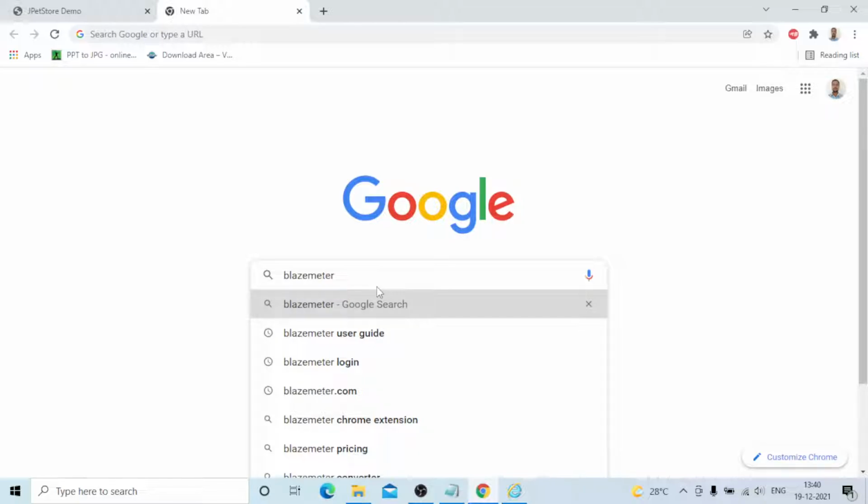This is BlazeMeter, the complete continuous testing platform. You can go directly to blazemeter.com. Click on start testing now.